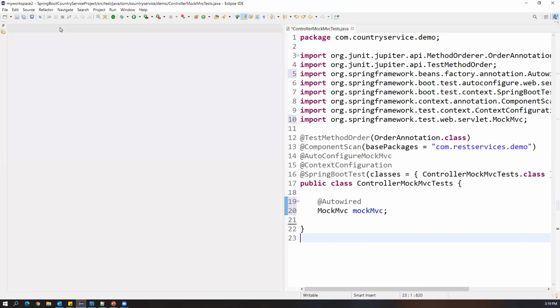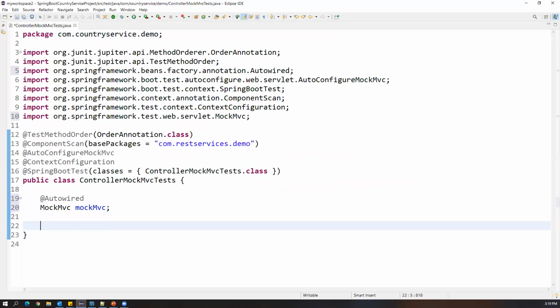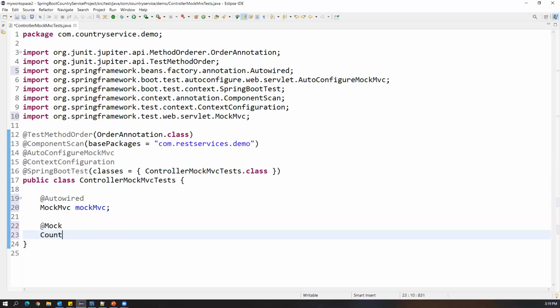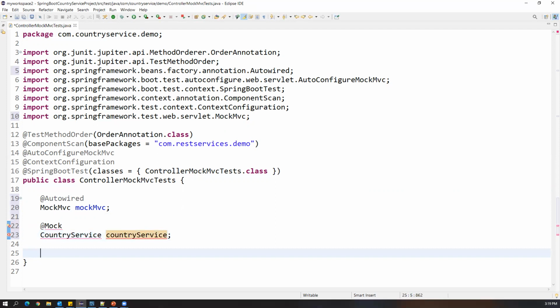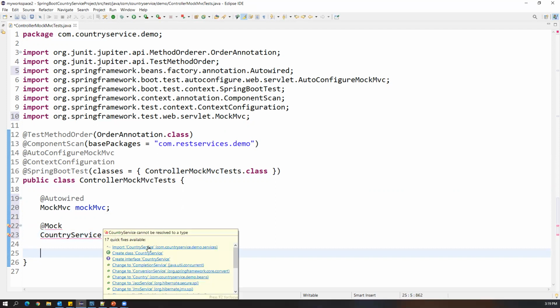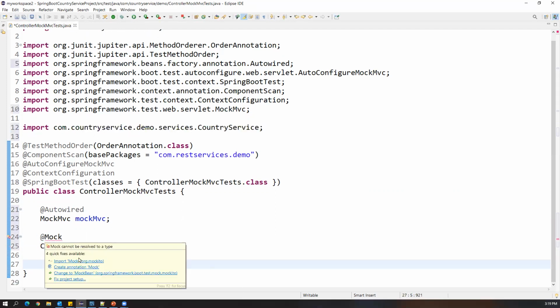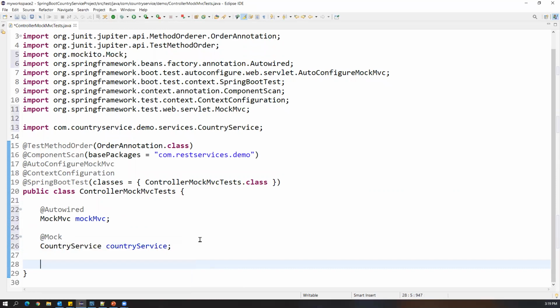Here we do one more Mock, and this is CountryService. First import CountryService, and then import Mock from org.mockito.